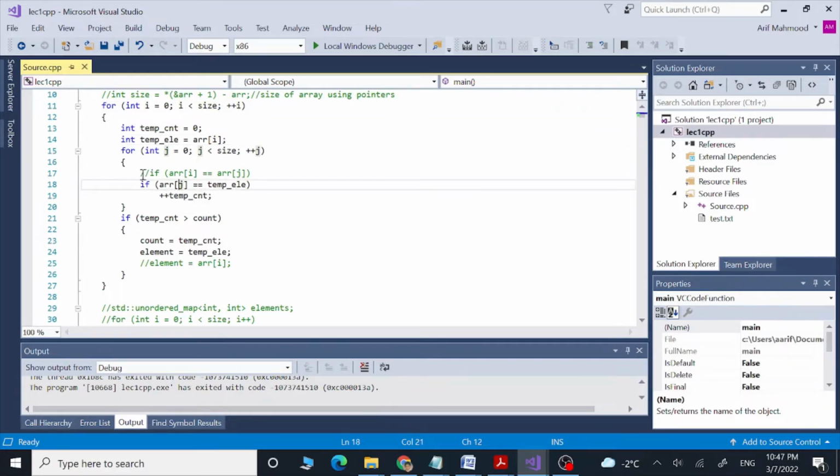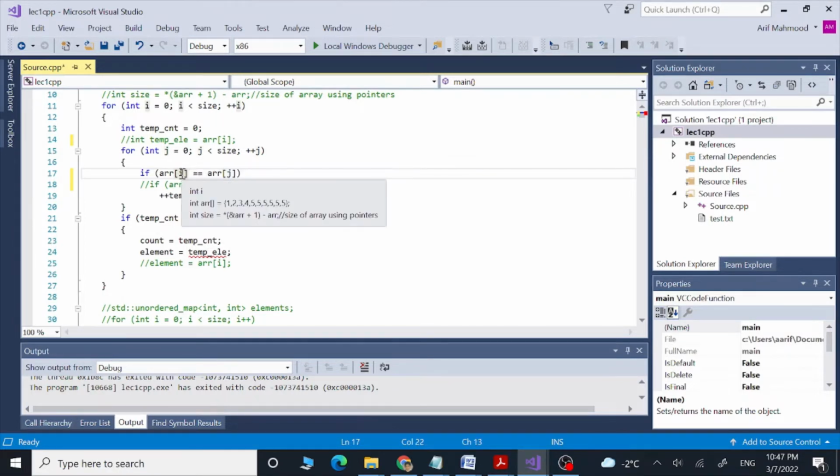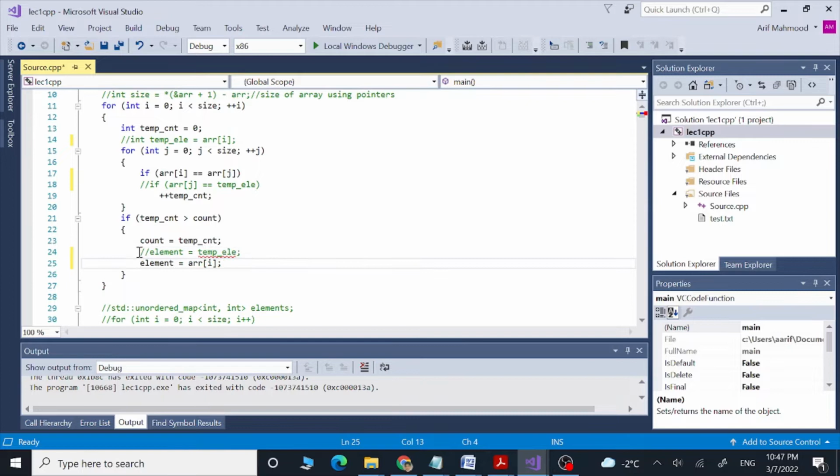For example, we can say there's no need to get this temporary element, and we are going to skip this line and directly compare this variable with this variable. So we can use either this variable here and this variable here, it doesn't matter in this equal equals operator which I have in this case. Okay, and then we are going to skip this line as well. So we can directly put whatever we are getting from the main for loop into our element.